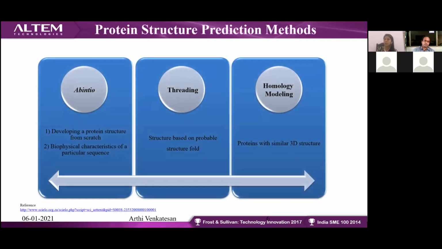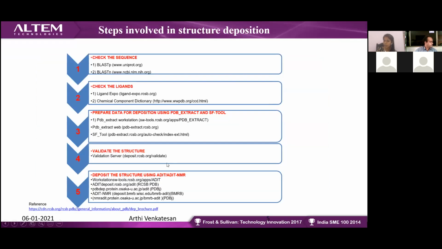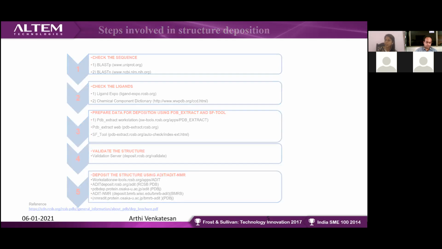So coming to the protein structure prediction methods. Today we will be discussing homology modeling and how we are going to perform homology modeling using BioVia Discovery Studio. Say for example, there are some protein structure prediction methods available. We are all very well aware of that. As I have already mentioned, through X-ray crystallography as well as NMR structure studies we will be predicting the protein structure. What if the structure is not available? There are 3 computational methods available to rectify this problem.